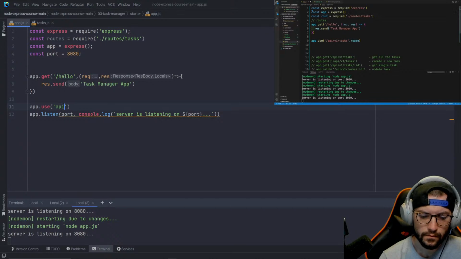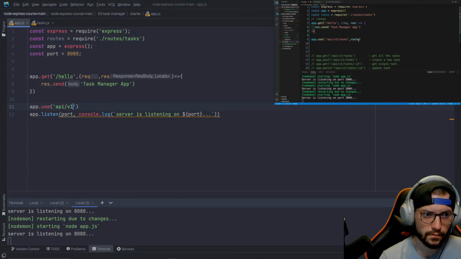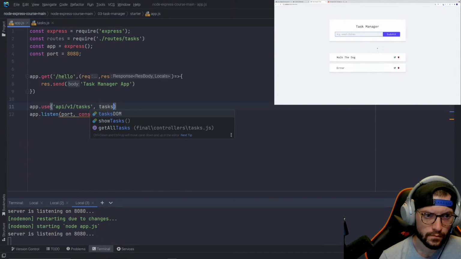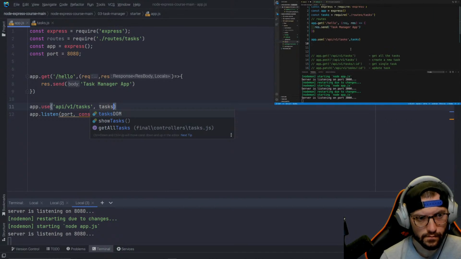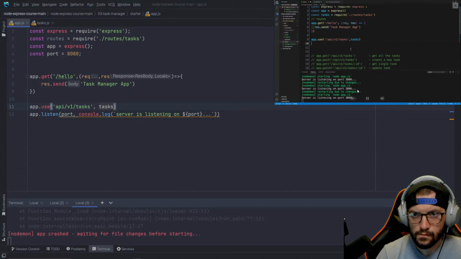And you know what? Let's just change it around. My bad. For some reason, I went with routes. Let's just call it tasks. I believe it's going to make a bit more sense. And since we'll be sending JSON from our application, for example, when we're creating a new task, and since I want to access